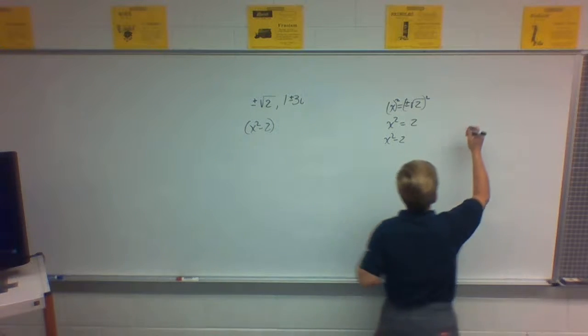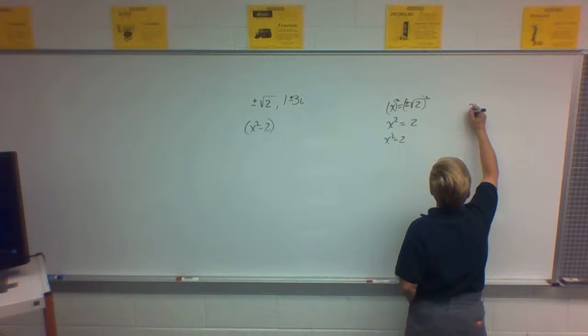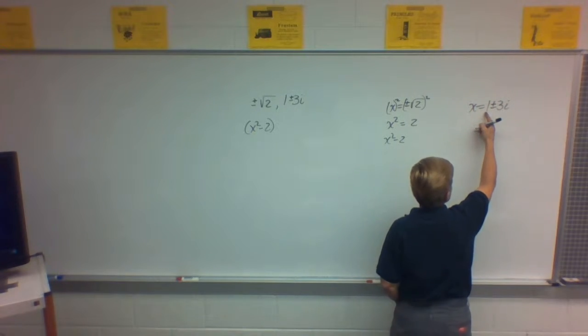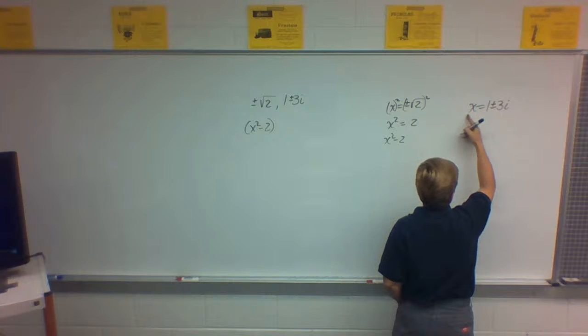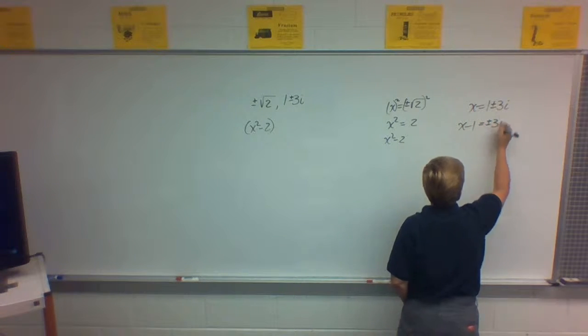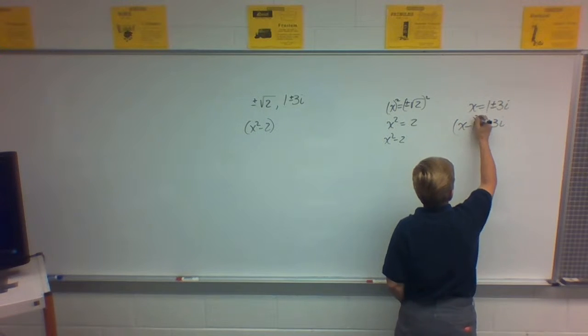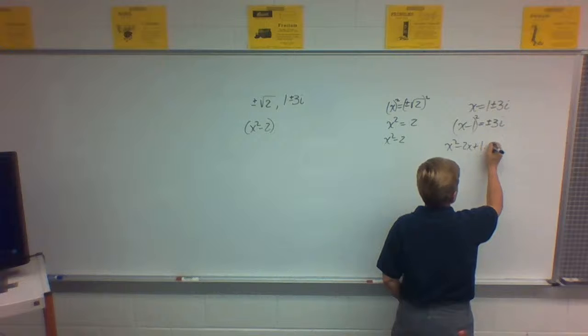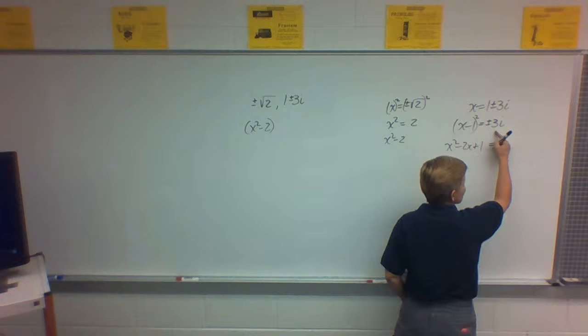I'll pull a little trick over here, a little farther over on a piece of scratch paper. X equals 1 plus or minus 3i. This one does have a nice, pretty piece that needs to come over here with the x. X minus 1 equals plus or minus 3i. Square both sides. Squaring that binomial gives me x squared minus 2x plus 1. Squaring this gives me